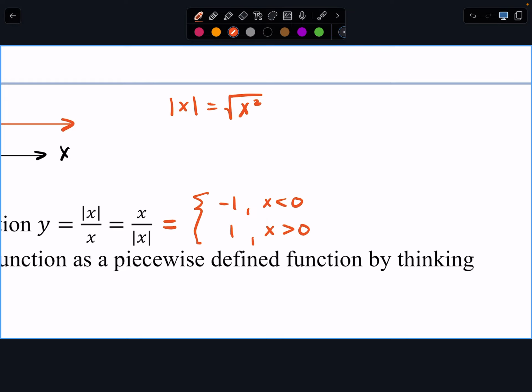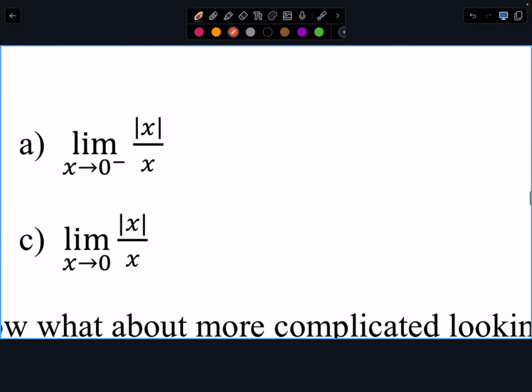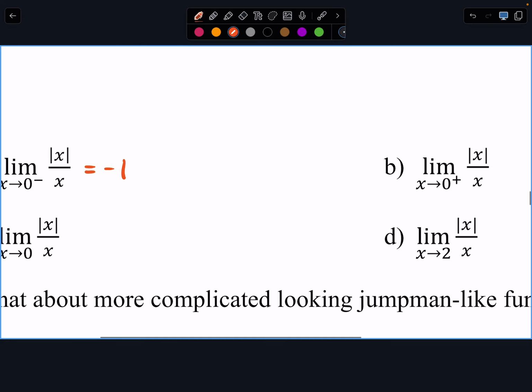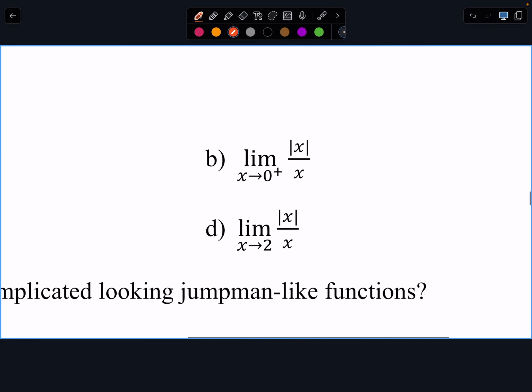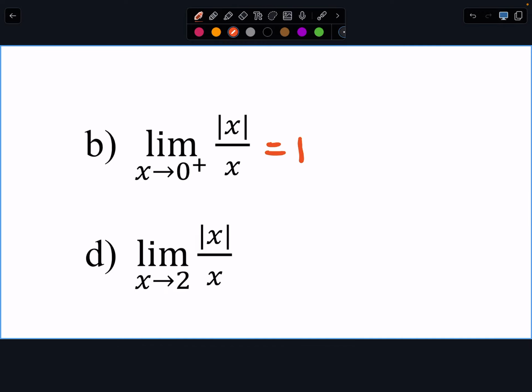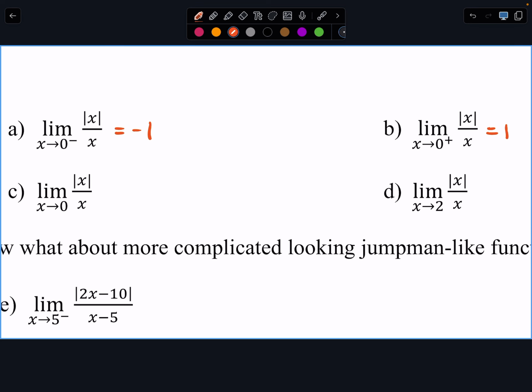Okay, anyways, either form is Jumpman. Okay, so let's think about these limits. As x approaches 0 from the left, Jumpman approaches -1. As x approaches 0 from the right, Jumpman approaches As x approaches 0, Jumpman approaches